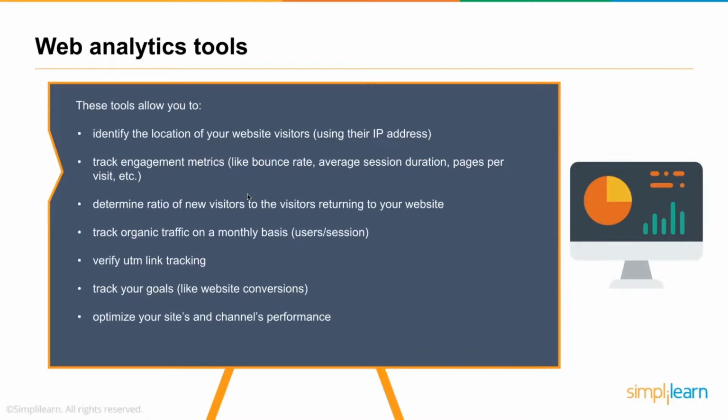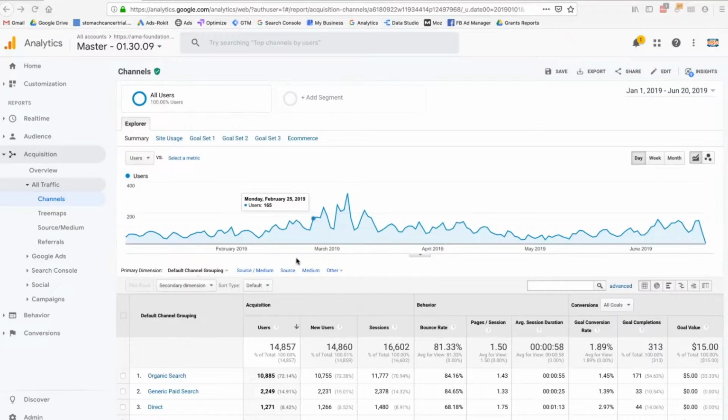And analytics tools will help us identify what's not working from our site perspective and from a channel perspective, and we can take action to improve performance. So that's the whole idea behind optimizing our site's performance. So let's jump into Google Analytics and let's take a look at everything we just talked about in those bullet